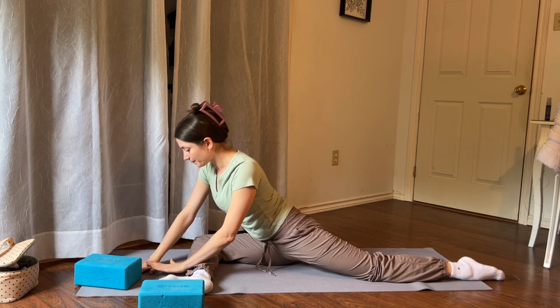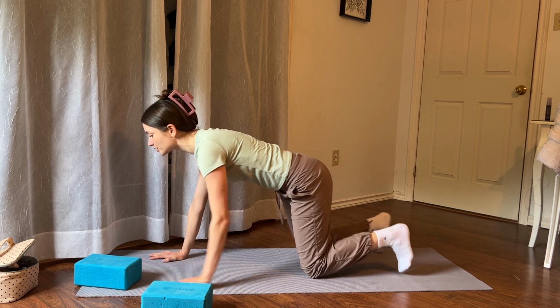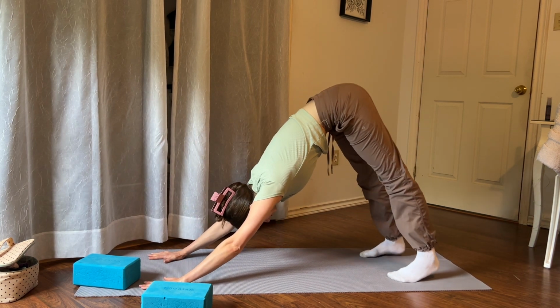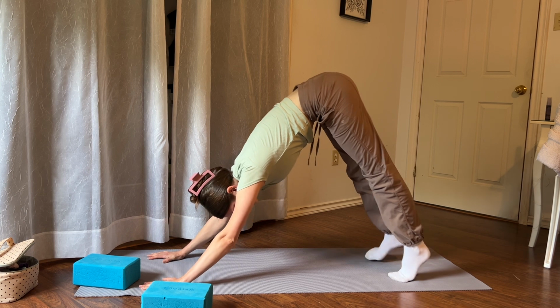Good, let's come back up. Go ahead, tuck your foot underneath. Sit the hips back, tuck your toes under, lift the hips up into a downward facing dog. Release the heels down. Since we were stretching out the right leg forward first, you're gonna take your right foot